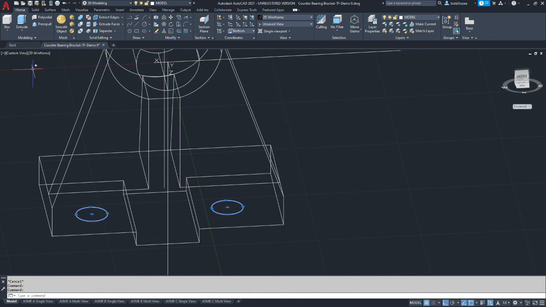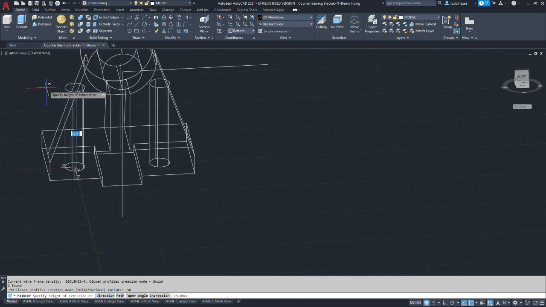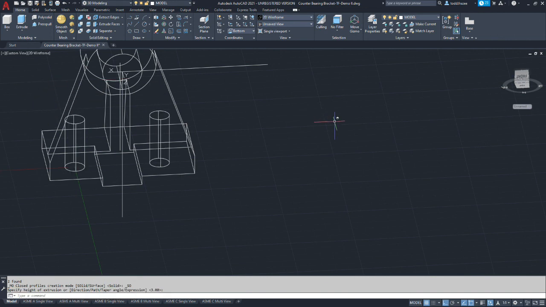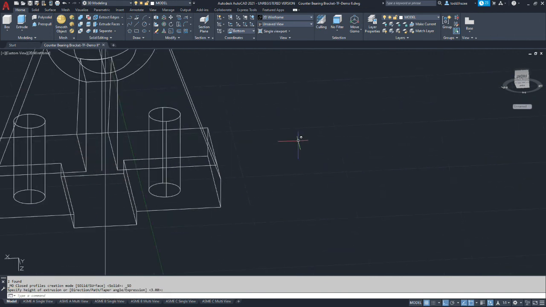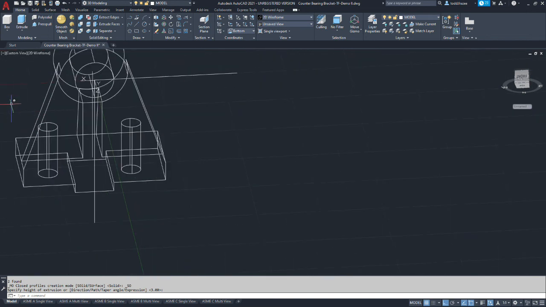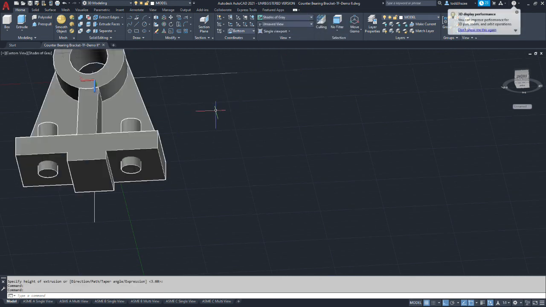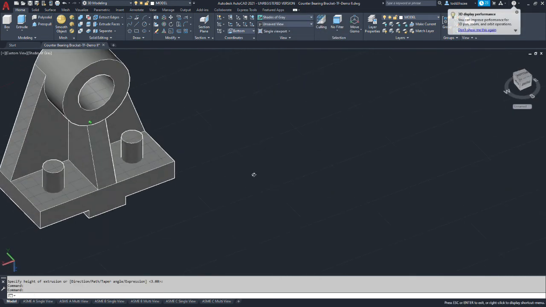The distance we extrude is somewhat arbitrary as long as we don't go too far and cut into our boss. So I'm just going to click, and if we go back to shaded mode, we now have these two pin looking things that we're going to use to subtract the area where the holes are.